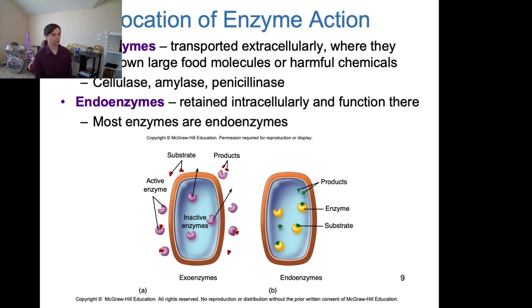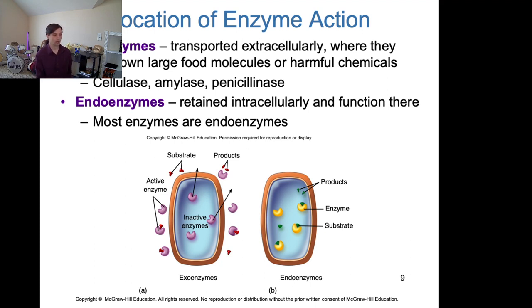So the cell will produce it on the inside. It will be released outside of the cell, where it will go out into the environment and do something. Now, a lot of the times, these particular enzymes are meant to digest things, to acquire nutrients. So in case of cellulase, it breaks down cellulose, or amylase, it breaks down starch. And then these organisms, the little bacteria, can suck up that digested, broken down nutrients and use it on the